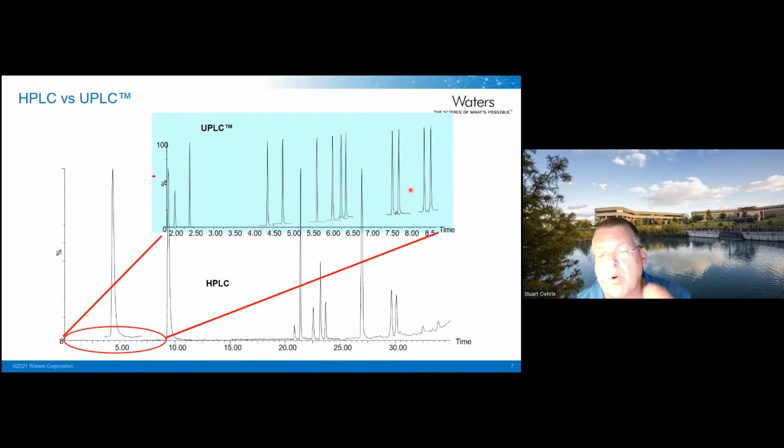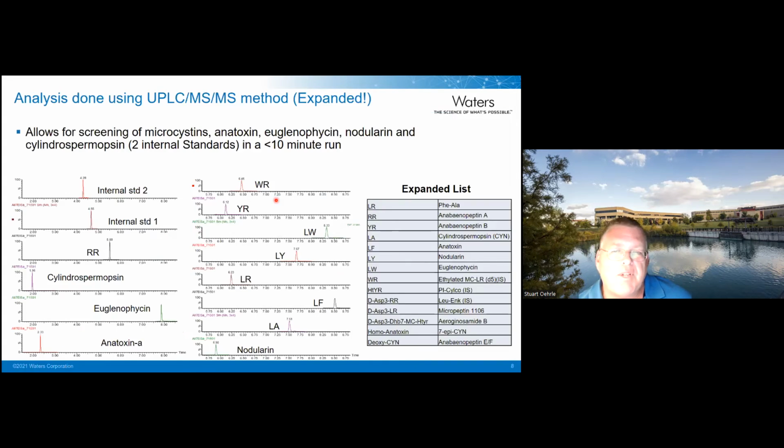I can also, as more toxins became available, add that to the list here and start analyzing for more microcystins, aminopeptidins, microginins, anatoxins, cylindro, all sorts of different ones. And we've expanded the list over the years. So as more standards get available or we get more information on ions to monitor, we can do that here. And you're seeing here now the list of all the toxins that we monitor for in a single run here. So it's kind of nice.